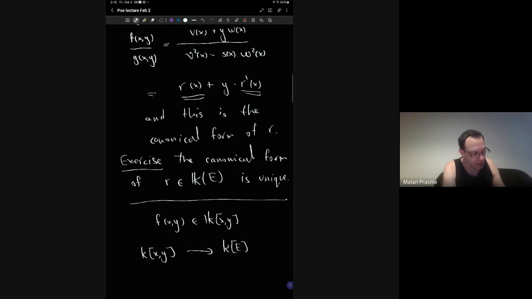Polynomials over E, this k[E], are simply defined as k[x,y] modulo phi. Phi is the defining polynomial of E. So phi(x,y) is y squared minus x cubed minus ax minus b. So this map is simply taking f into